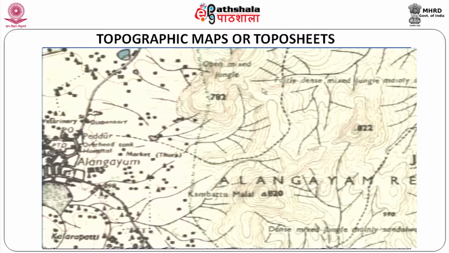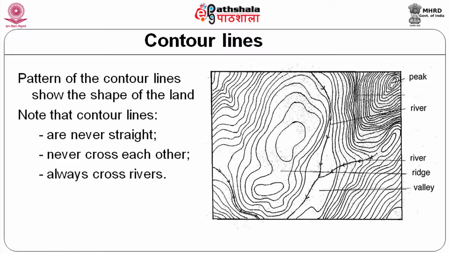Then you can see indicative of the natural drainage, and a lot of details can be obtained from here. So these are the first order streams reaching this particular drainage, and we have all of them represented here. Certain aspects of the topo sheet you will also learn, for example, the pattern of the contour, which will show various details.